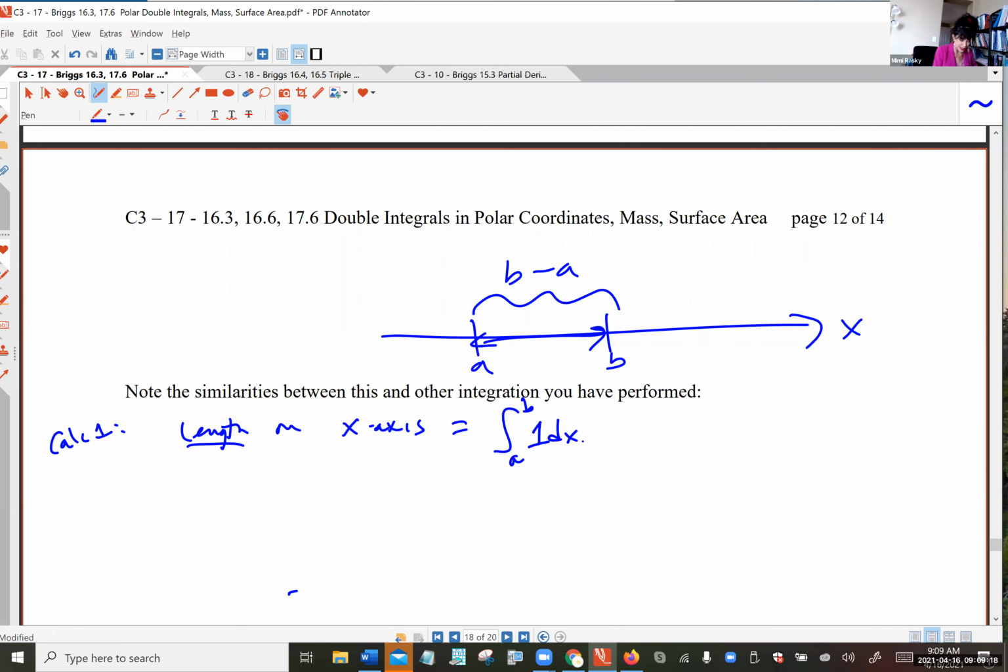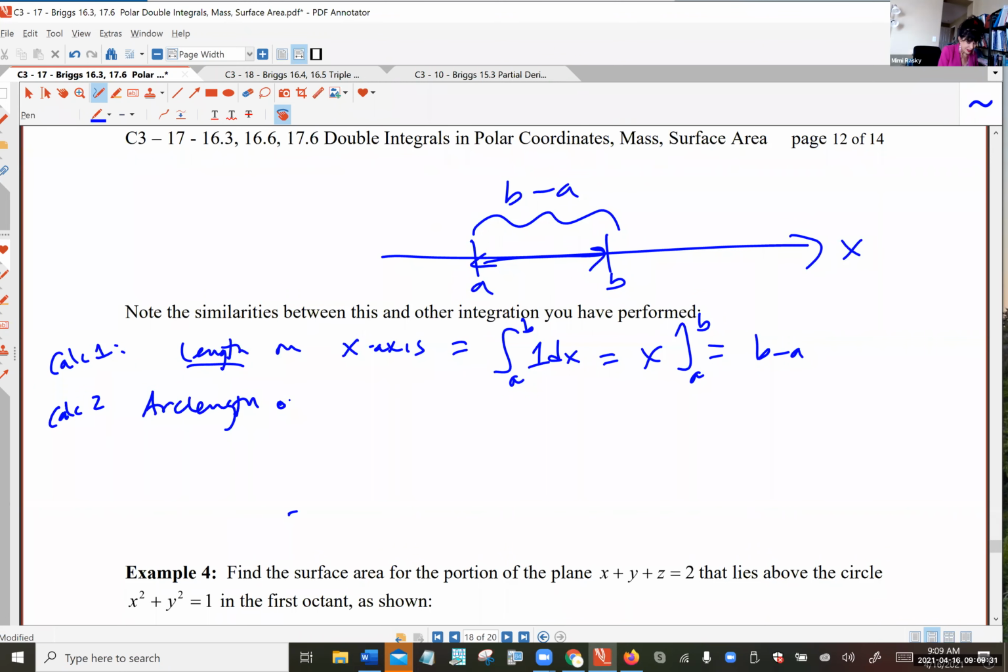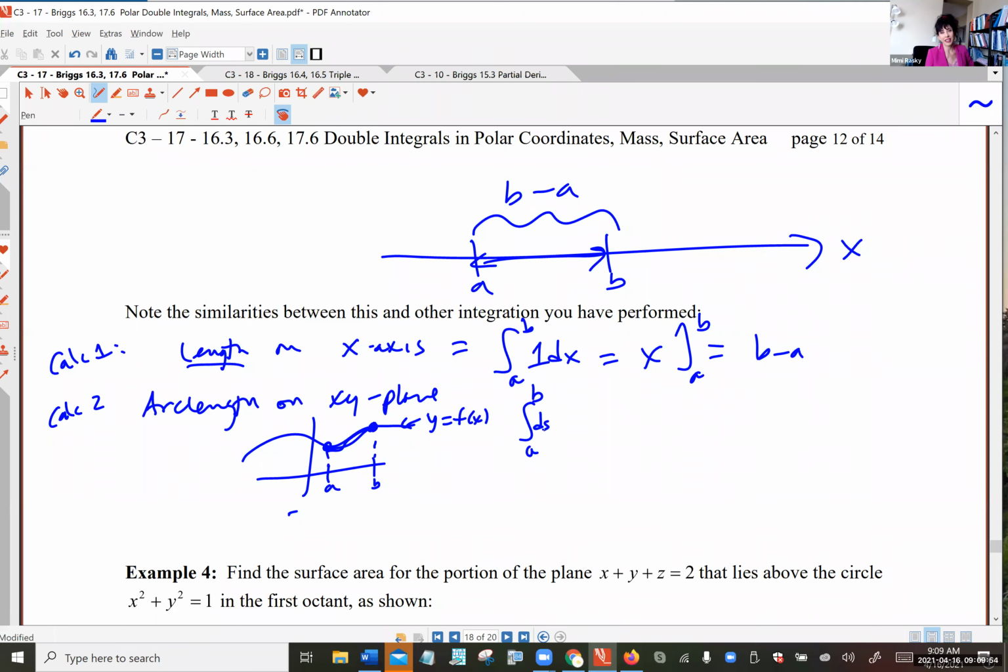Because you'll get length. And then in Calc 2, you learned how to find arc length on the xy plane. Well, what do you mean? Here's a little picture. You were given, say, a function y equals f of x, and you did some arc length here in this class also, so this is also Calc 3, finding the arc length of that curve. And so believe it or not, the arc length was the integral going from A to B of little ds. That's the arc length element. And the arc length element, and they didn't teach it to you like this, but that's what it is, the square root of 1 plus f prime squared